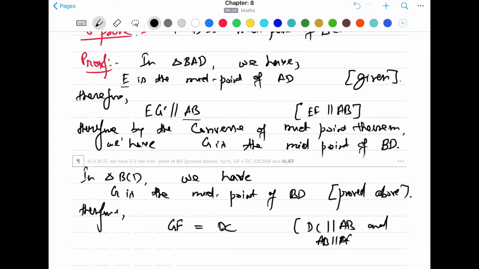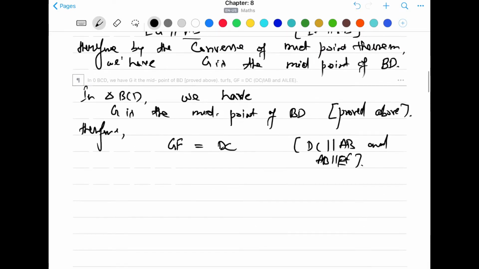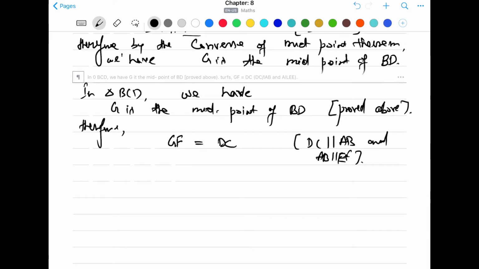So these are portions of EF, so they will also be parallel. GF is a portion of GF, so EF is already parallel to DC. So we can say that F is the midpoint of side BC. Therefore, by the converse of the midpoint theorem,